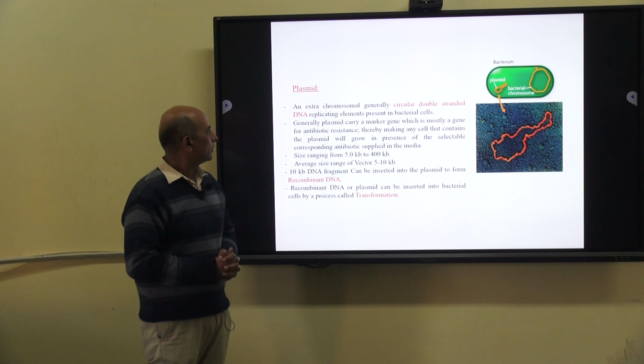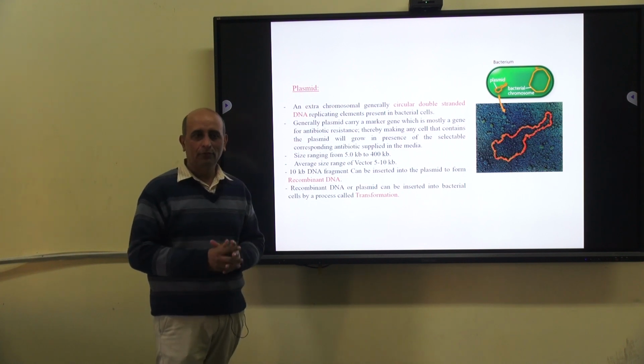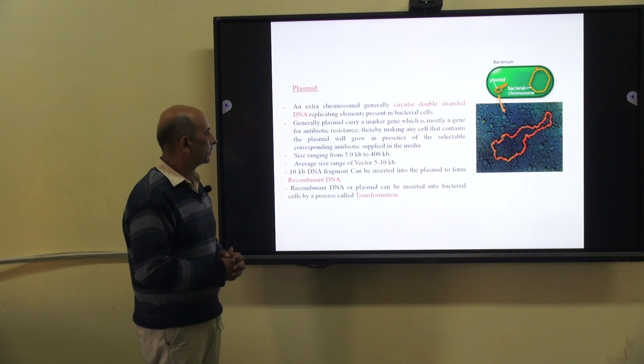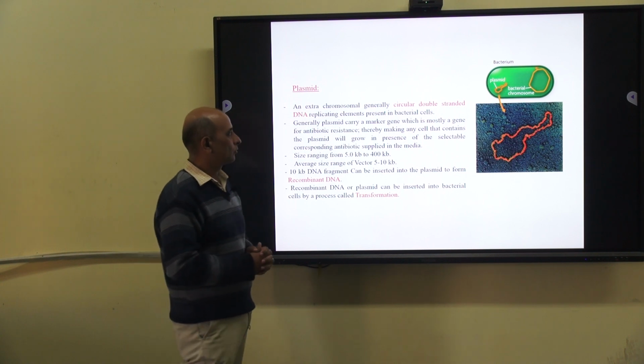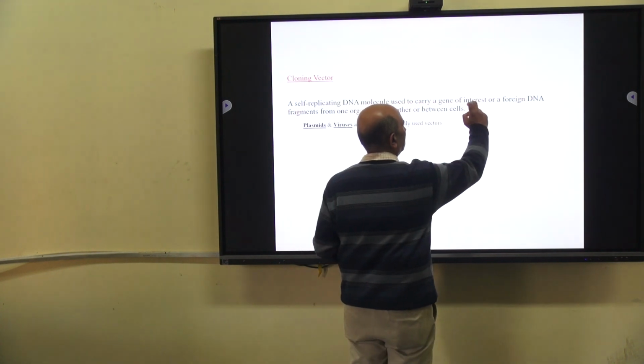And an important type of vectors are constructed on the framework of native plasmids of different microorganisms, and a plasmid can be defined as an extra chromosomal element.